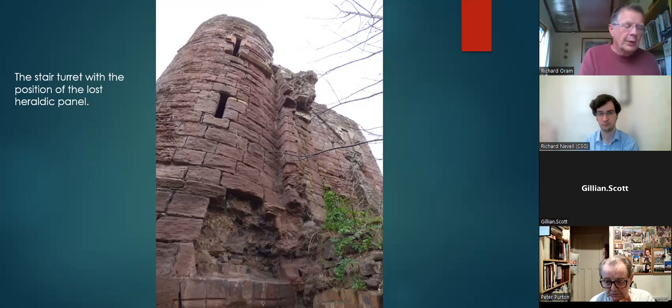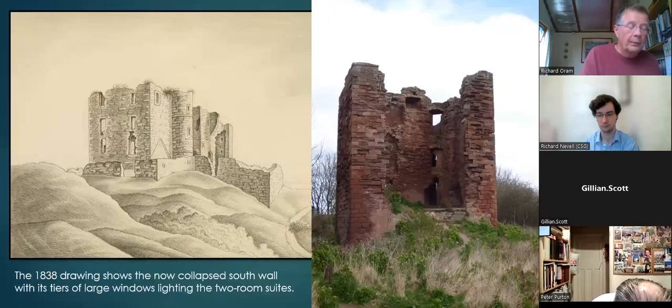Internally, Colville's tower had 4 levels of accommodation over a vaulted basement, which may have contained the kitchen, the great chimney flue of which perhaps rose in the thickness of the now fallen south wall. A drawing from 1838 and late 19th century photographs show the south facade intact, with two large windows at first, second and third floor levels flanking a broad vertical band of masonry that perhaps